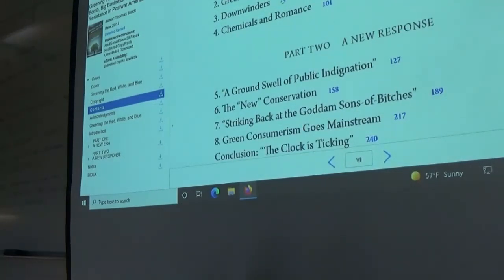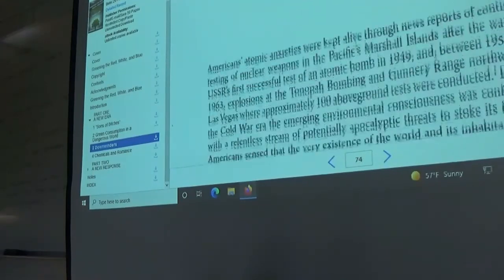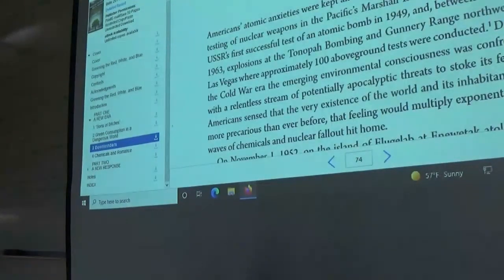And yeah, there's a chapter specifically on downwinders, right? Page 74. Okay. Great. And there we go, right? So we can access this directly from the library homepage.